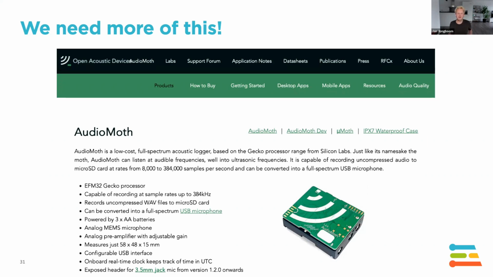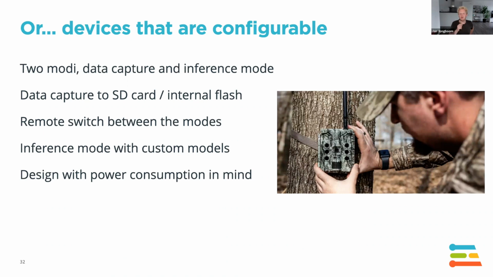So we started a little bit of that work now together with Q42. We're working on an open camera trap that has all of this in there, right? It will come with two modes, a data capture and an inference mode. During data capture, you can either capture to SD card or internal flash whenever there's something interesting happening. You can get the data from the device really quickly, either remotely if you have a good internet connection, or just from the SD cards. Then we can build this whole software ecosystem that everyone is already building, right? So you can train your model and verify the model, blah, blah, blah. That's great. But then I want to be able to deploy that model back to the device really easily too, either by just plugging in a new SD card or sending a remote switch.